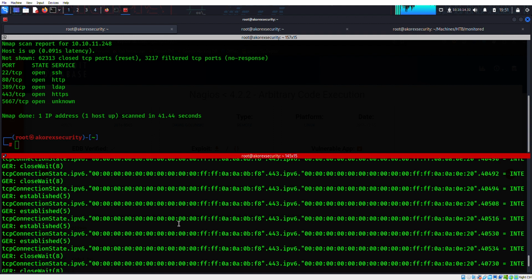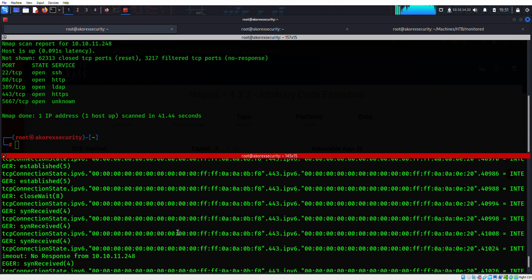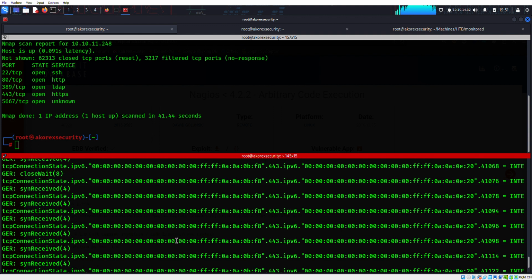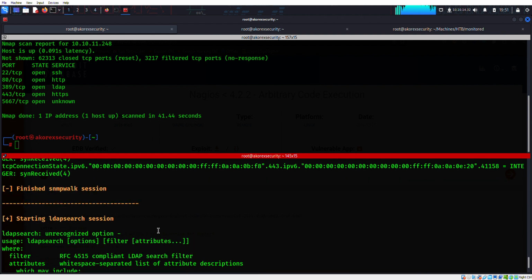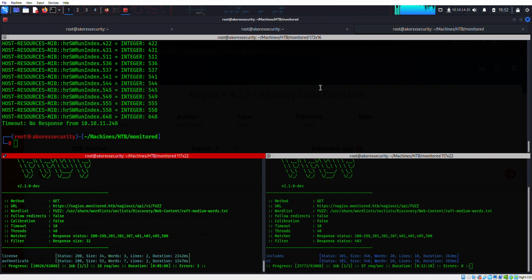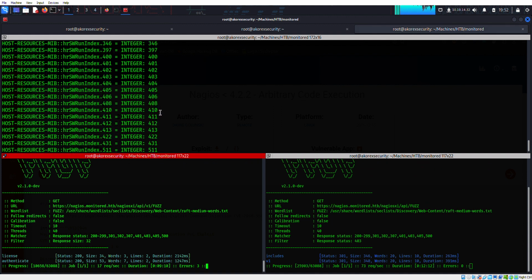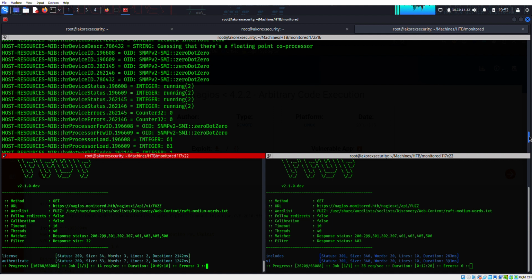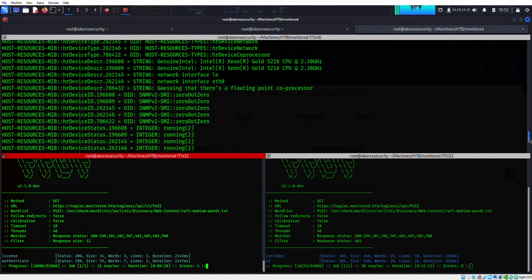So still not getting anything back, and it's done. Same thing here. So we have authenticate. You need to authenticate to that API endpoint, but